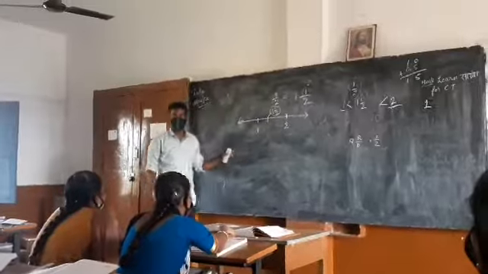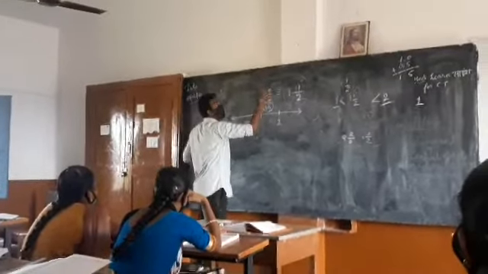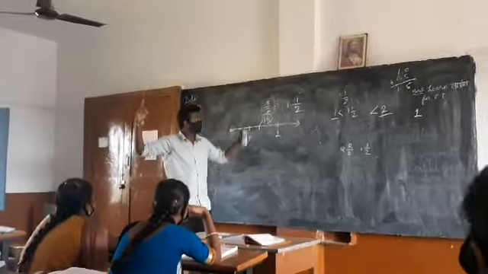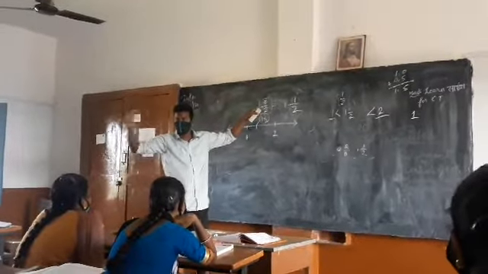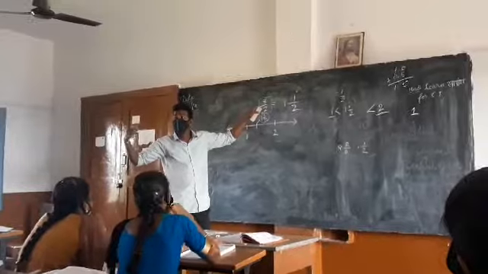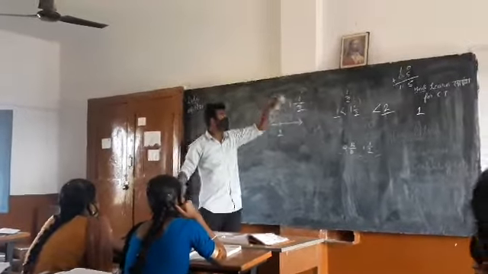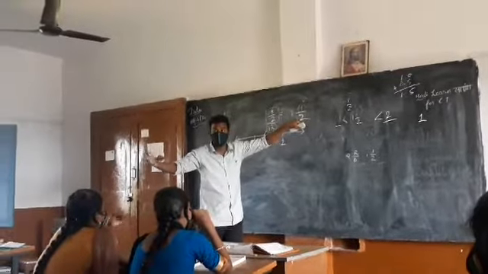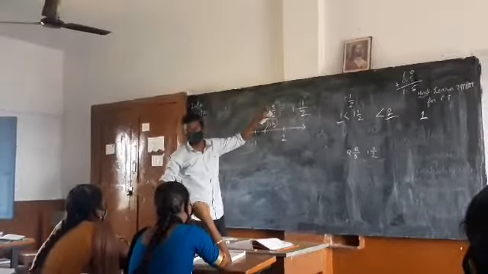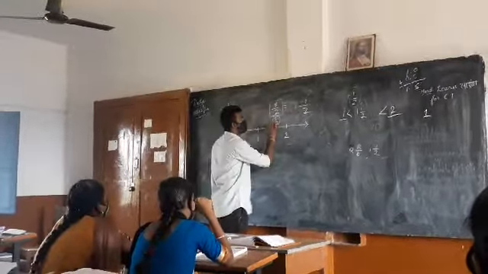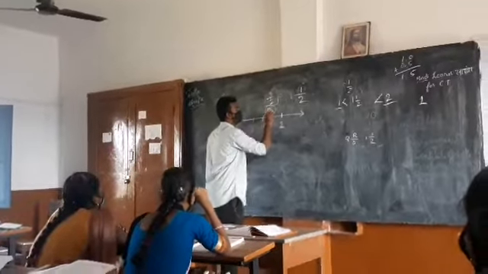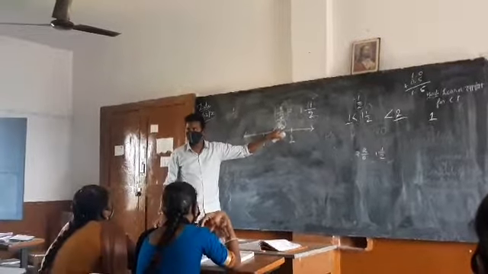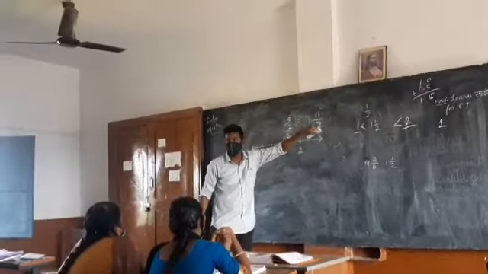That is how you are going to plot an improper fraction. The first step, what do you need to do? Soon after looking at the improper fraction, what do you need to do? Yes, convert that into a mixed fraction. Both are equal. If you plot this, indirectly you are plotting 3 by 2 only. It is better to write 3 by 2 here, because 3 by 2 and 1 1 by 2 are equal.